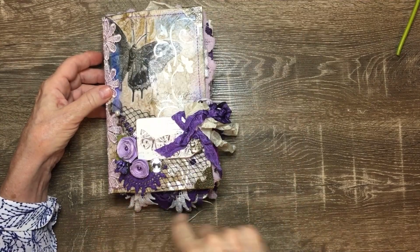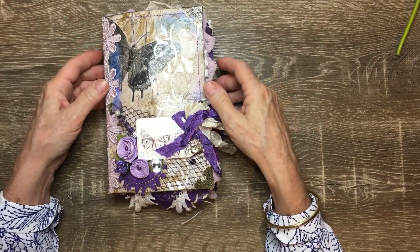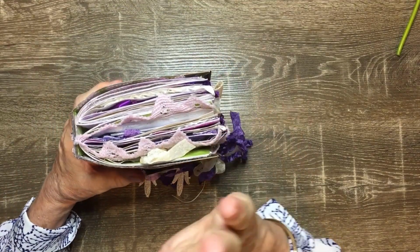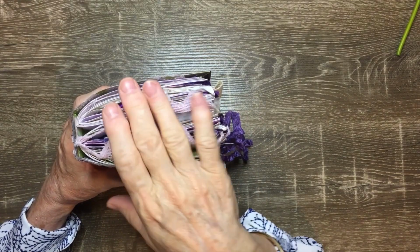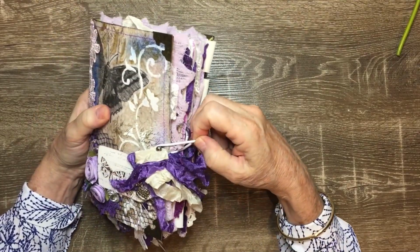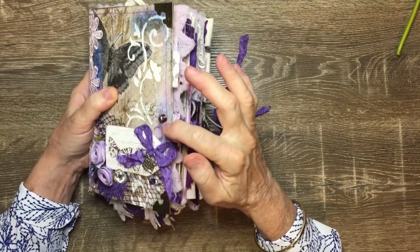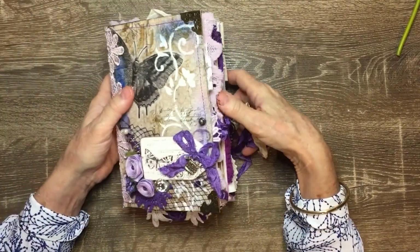It's all stitched with the lining, and it's all quite secure. It is 2 signatures though. The one that I did for the giveaway was only 1 signature, so I've done 2 for Debbie. And it is a elastic closure on a hitch post,